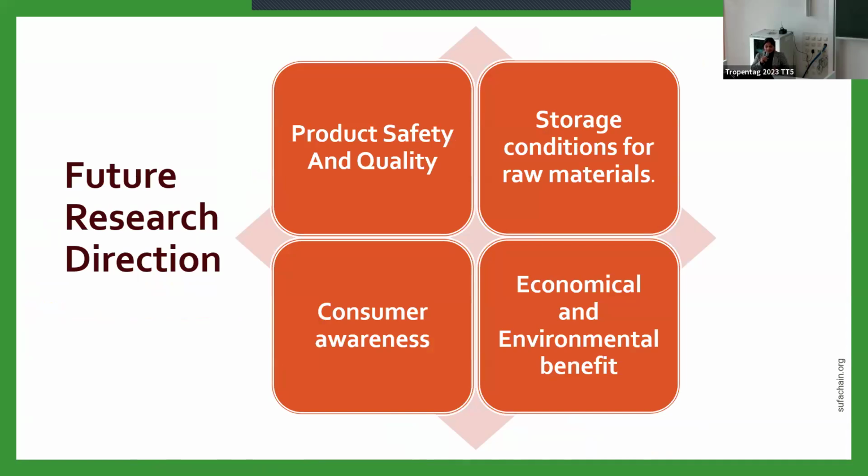So this project is not ended yet. So, next steps for this future research direction involve the storage condition finalization for raw materials, because we have to finalize the temperature, humidity, and other affecting factors for the raw materials, to have a good and constant quality of the raw material, and